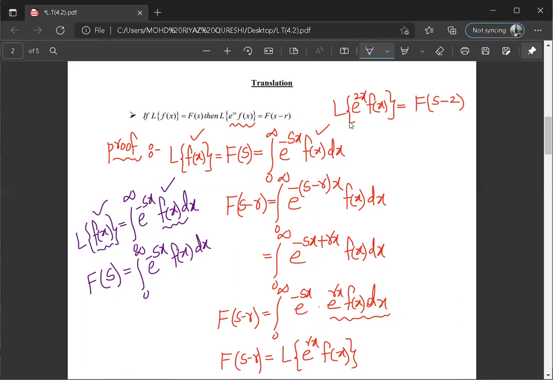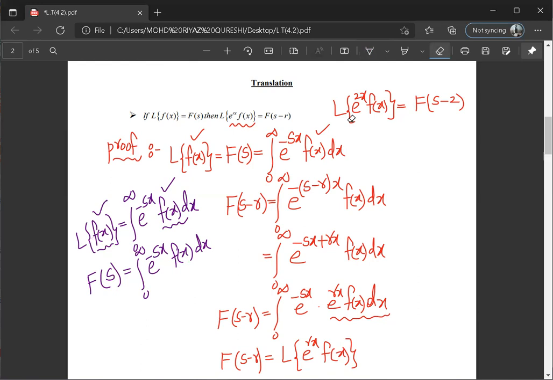Whatever the coefficient of f of x is here, you can see, if I write 5 above, then this 5 comes here. Okay? So instead of that f of x, we have a coefficient e power rx. If you multiply with e power rx, the same e power rx should come here. Did you understand?